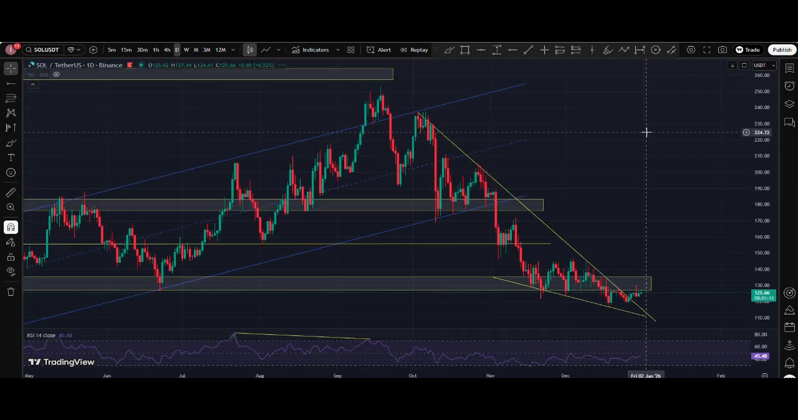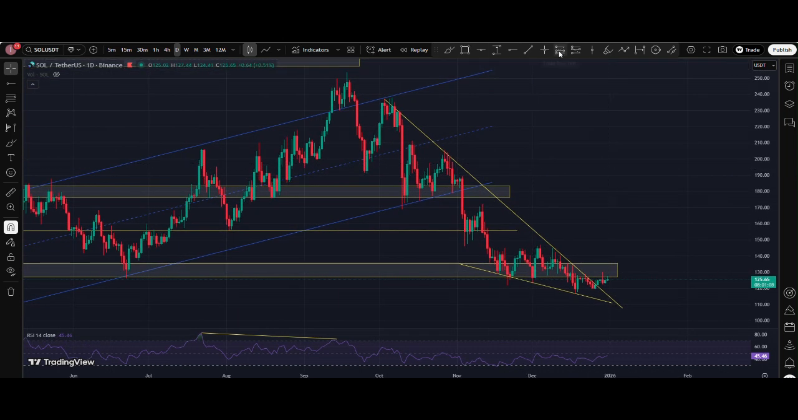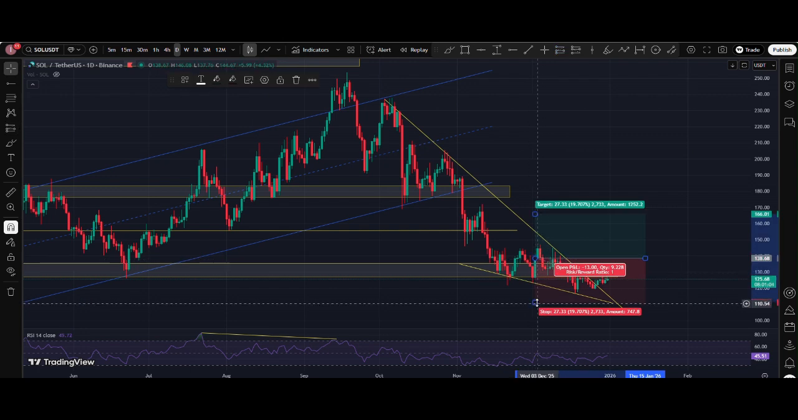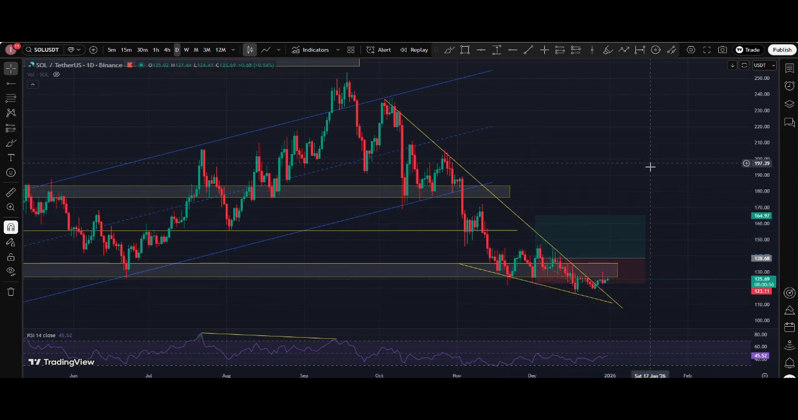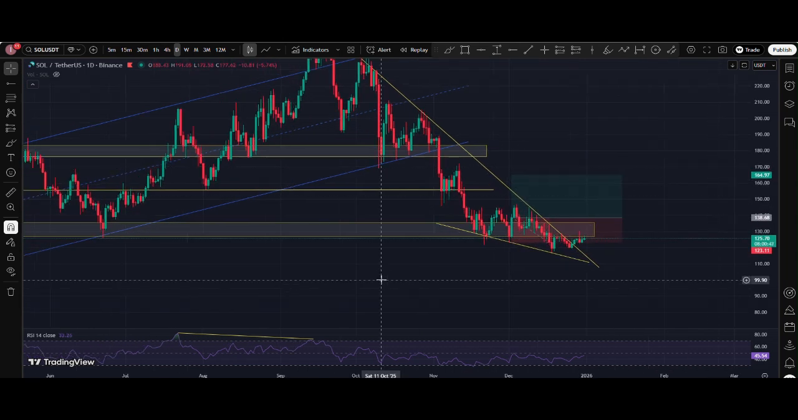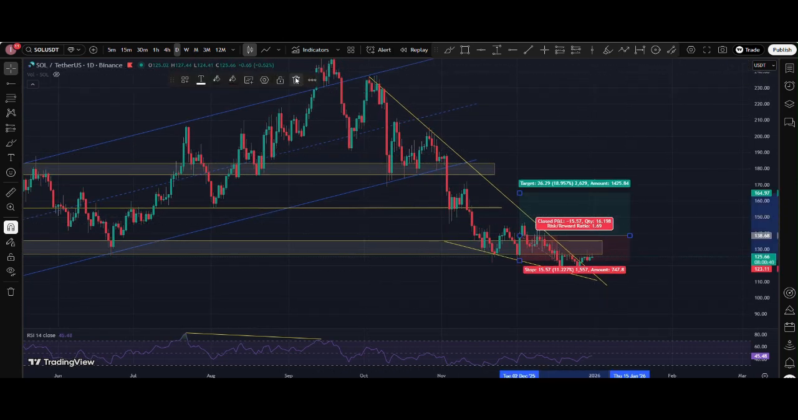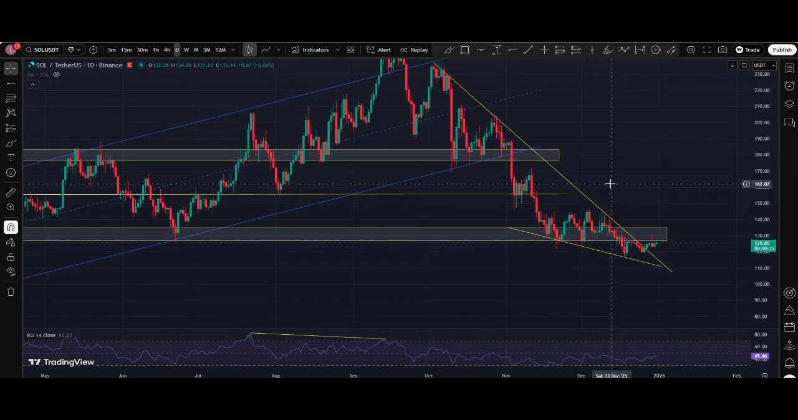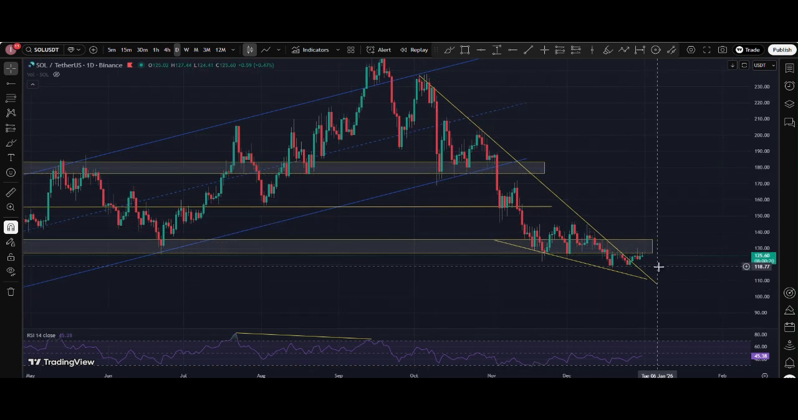So next, I'm in the SOL USDT chart. Actually, I entered the trade when this bullish engulfing candle was created, but the market went down. Then my stop loss was hit. So when I have three confirmations and I enter this trade, there are again